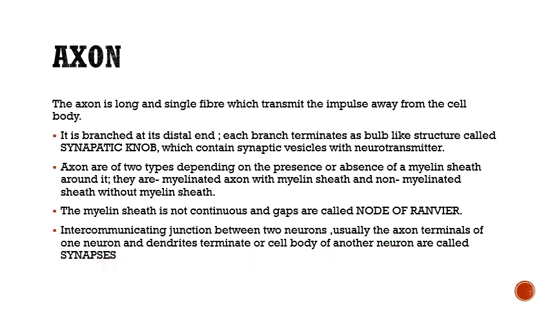So this is all about our nervous system. That is, not nervous system, nervous tissue. The neuron is the structural and functional unit of the nervous tissue, which consists of the cyton, that is your cell body, and the extensions, called nerve fibers, that is dendrites and axon. Dendrites receive the nerve impulse and pass it to the cell body, and the axon takes away that nerve impulse from one nerve cell to another with the help of the chemical, that is neurotransmitter, and the gap between the two nerve cells is known as the synapse.